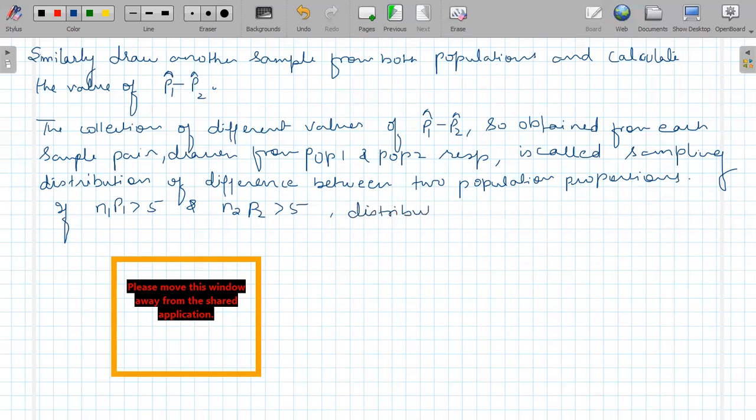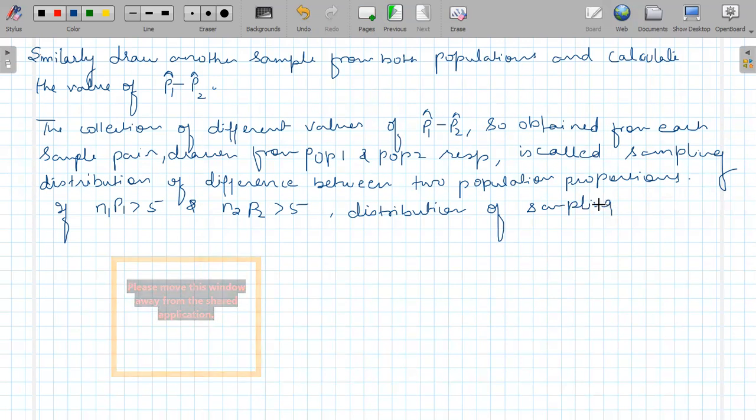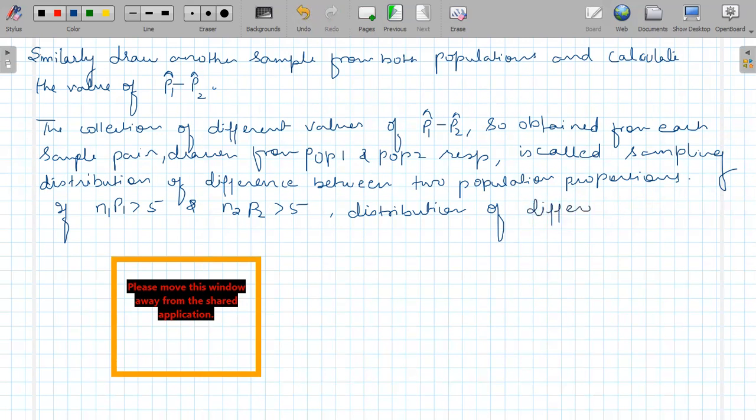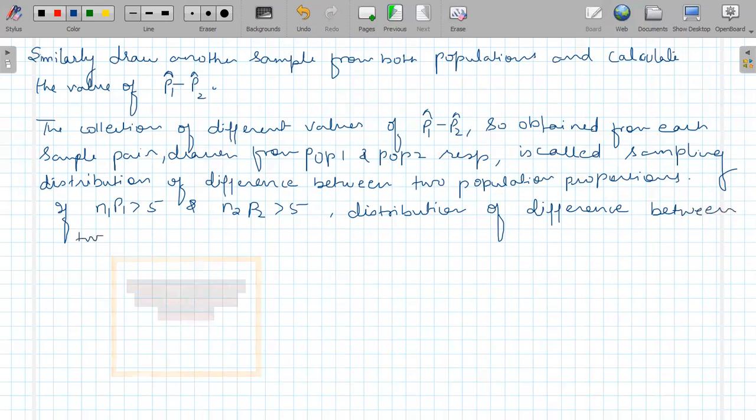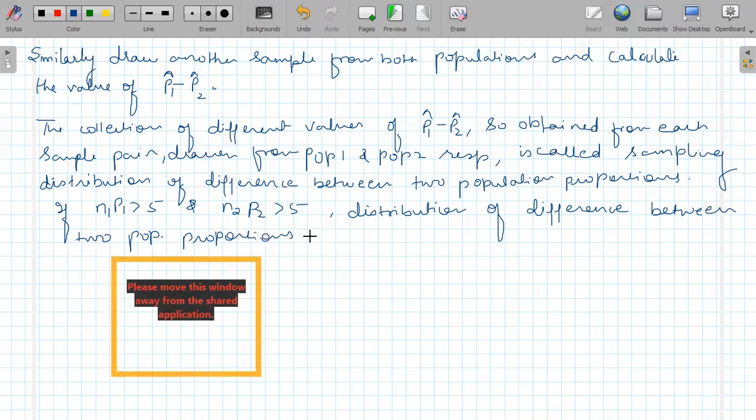Distribution of sample proportions, it is sample proportions, distribution of difference between two population proportions is normal and mean is given by,